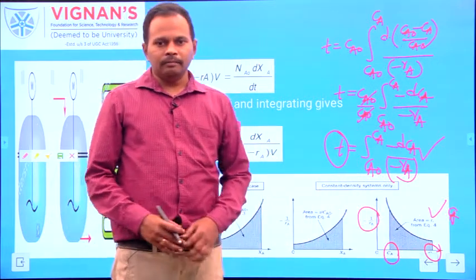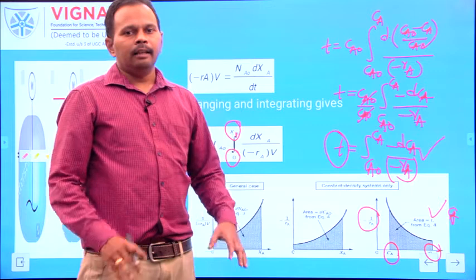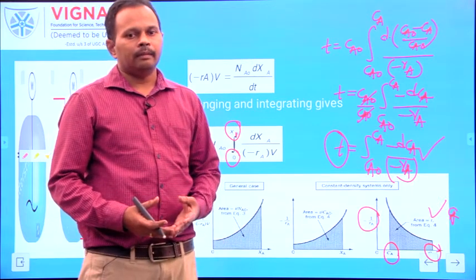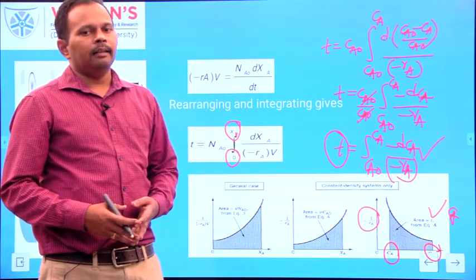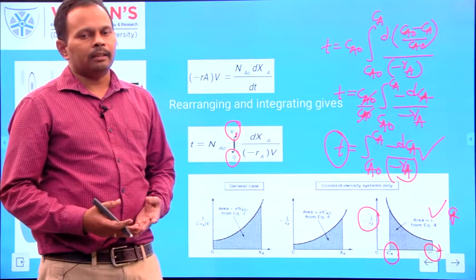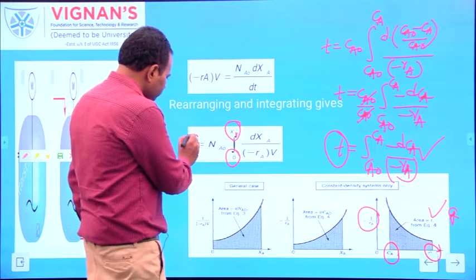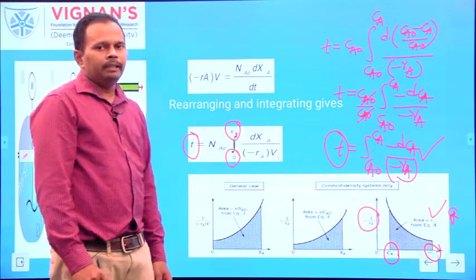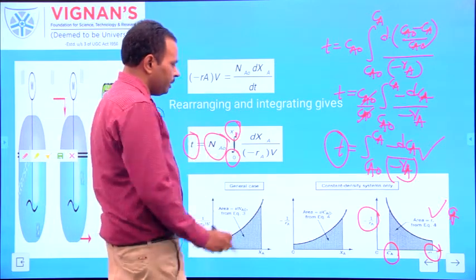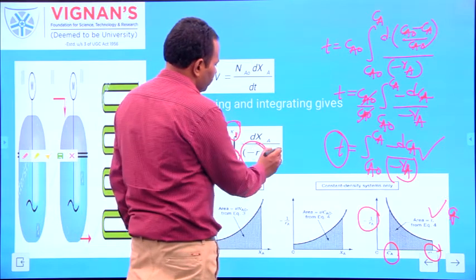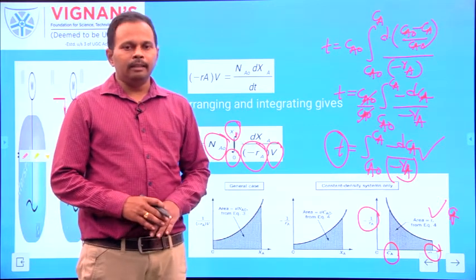So the same equation we put into 3 forms, and for each form we plot the graph to find out the right hand side integral, which gives the reaction time required to obtain the desired conversion XA or the desired concentration of A left within the reaction mixture. So with the help of this performance equation you can find out the reaction time required to obtain the desired conversion XA. Sometimes you can find out Na0, sometimes minus Ra, and sometimes the size of the reactor required for a given reaction.